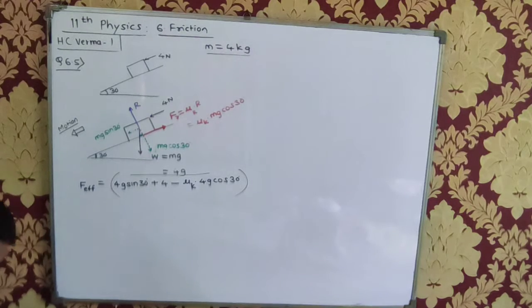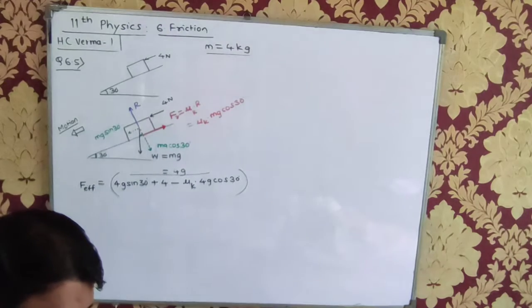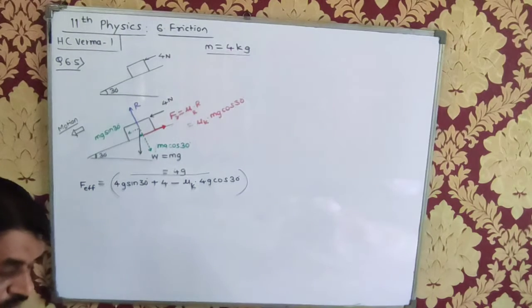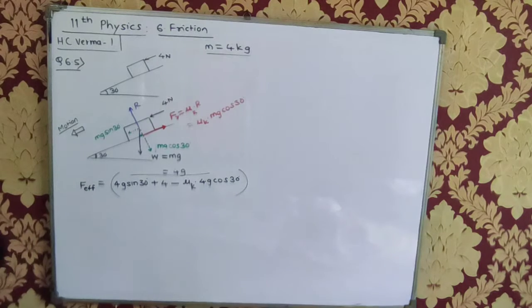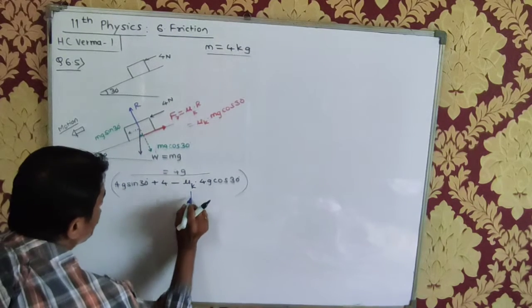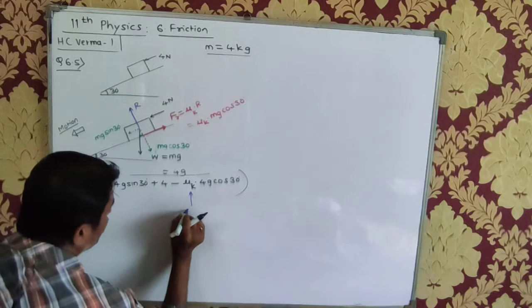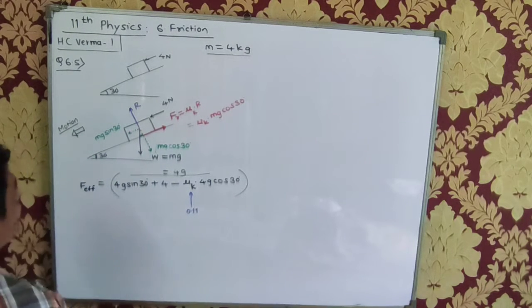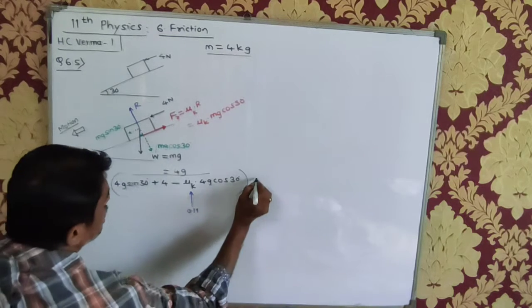Are they asking the coefficient of friction or what? How far the block will go? Okay. Yes. So in this case we have to take this point 1. In place of mu, I have to take point 1 here, because it's the same block. So in this case, this mu k value will be taken as what we calculated in the previous problem, that is 0.11. Is that understood? Okay. And this F is equal to ma.